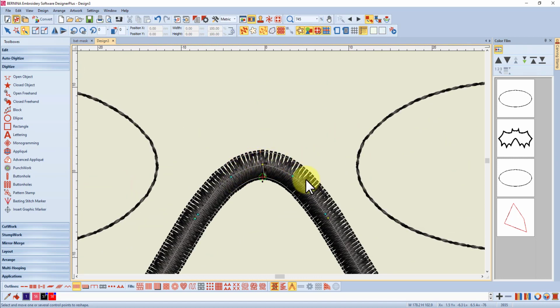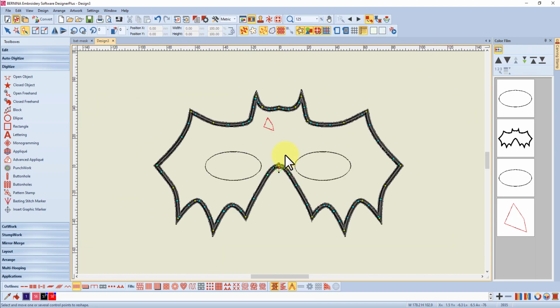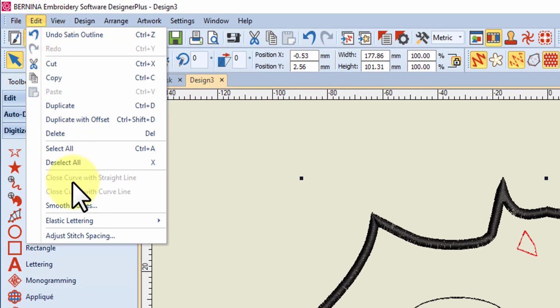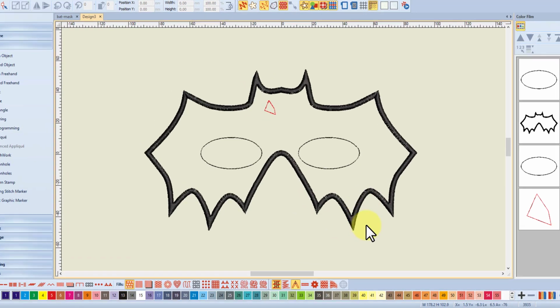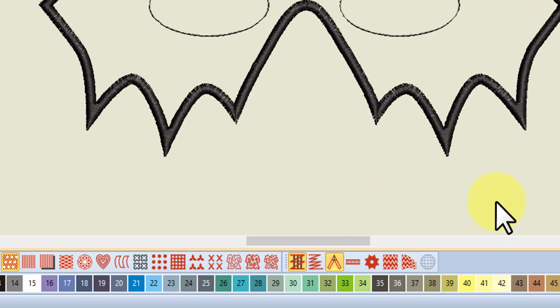It's one continuous object. So I thought, well, perhaps it isn't closed completely. Maybe if I go back to select and go into edit and come down, I could close the curve, but those options aren't available. So I didn't know what to do, and I played around, and then I started checking the points, because we do have an option in the Banana software to change the way the points are treated